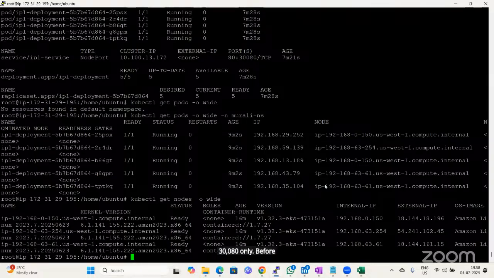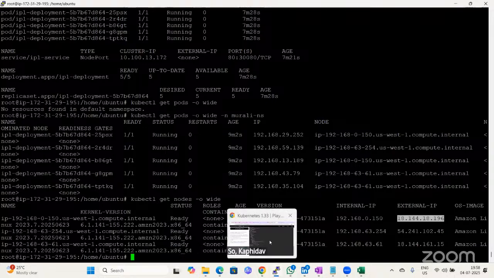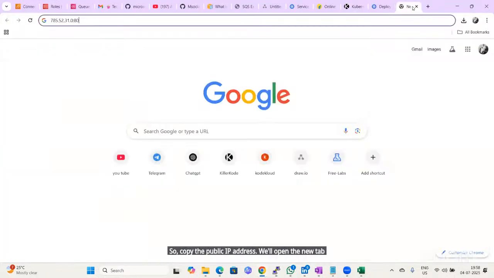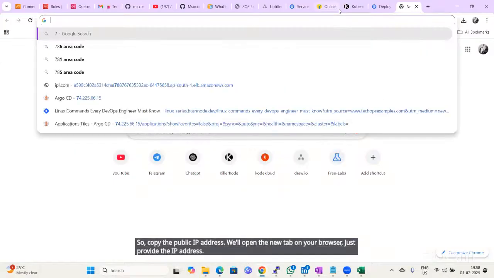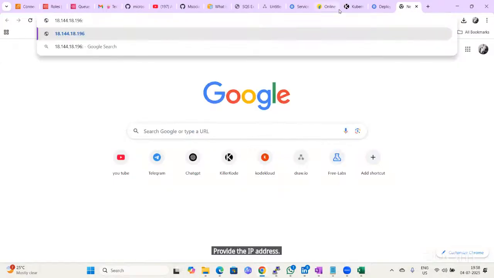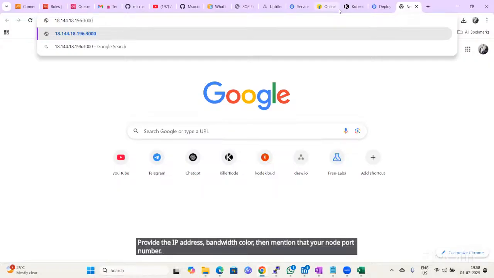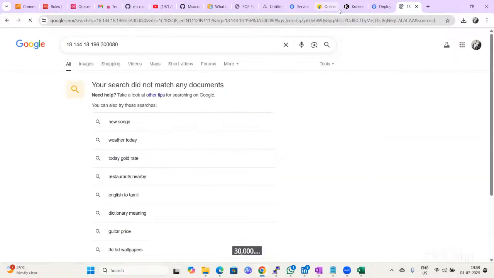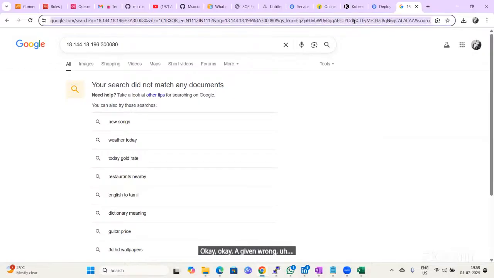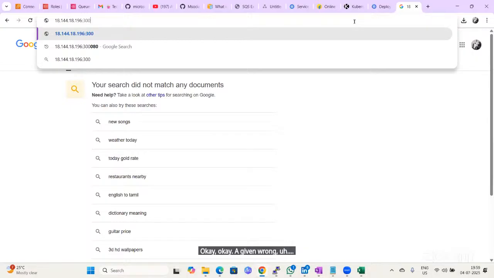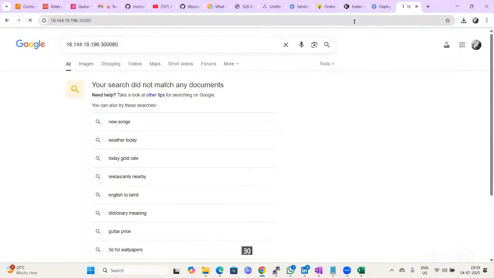Before that, let me explain. Let me copy the external IP address. This is my first worker node's public IP address. Copy the public IP address, open a new tab in your browser, provide the IP address, end with a colon, then mention your node port number, 30080. Hit enter. Okay, I gave the wrong